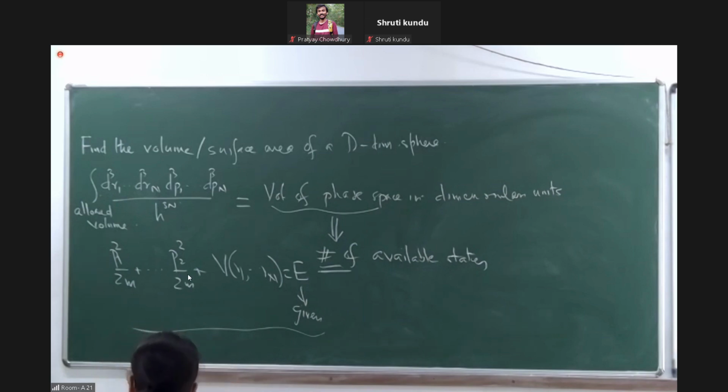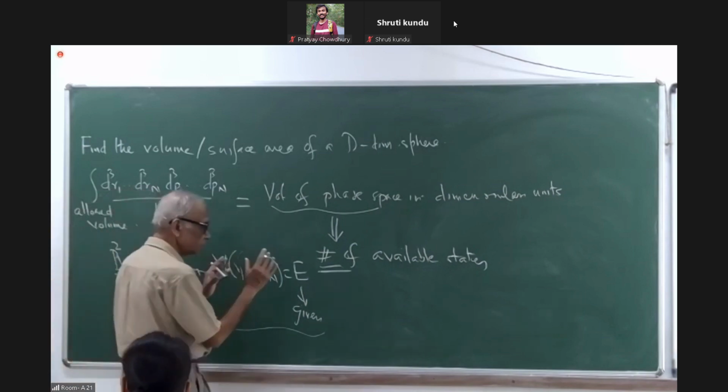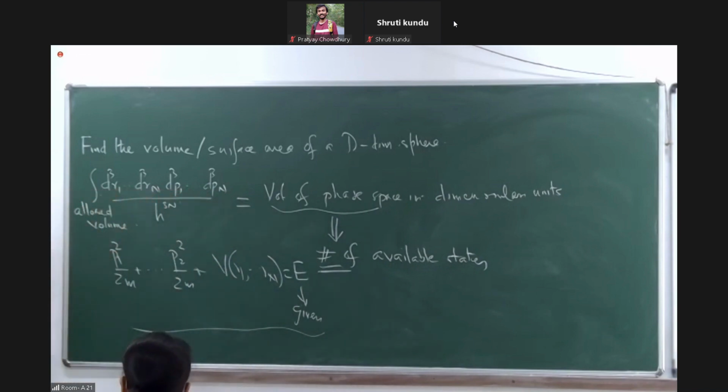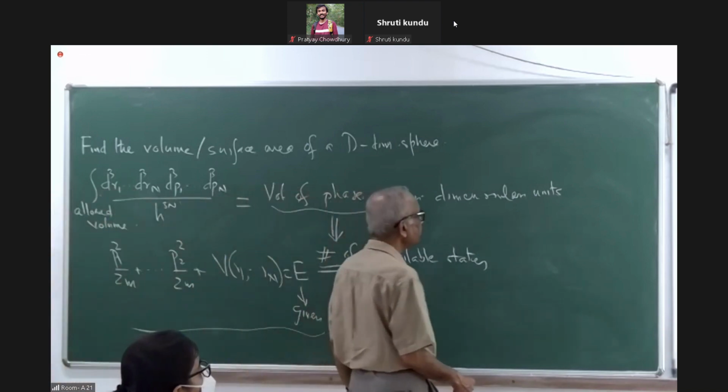P square over 2m sum. This is the total energy which is given to you. That is the constraint, and under that situation, I have to find what is the number of states available to me. Which means that if I'm talking free particles,